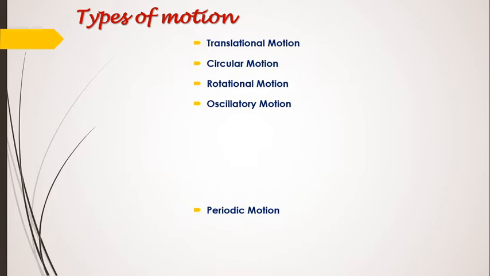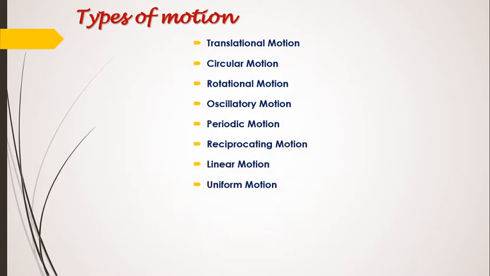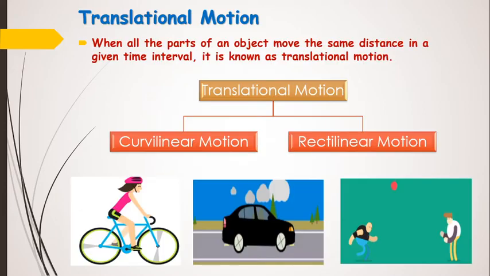In the last lecture we studied the different types of motion. In this video lecture we will discuss translational motion in detail. So what is translational motion? When all the parts of an object move the same distance in a given time interval, the motion is said